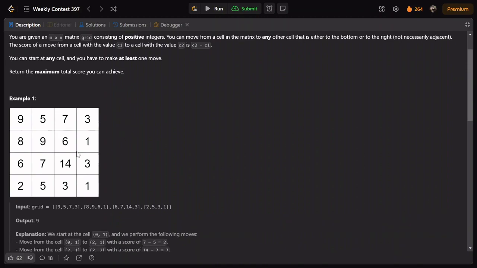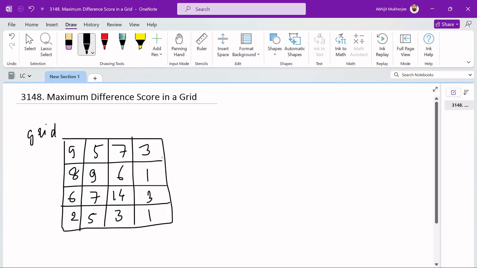Let's talk about the first sample case. Here, if we want to go from 9 to anywhere in the grid, let's say to 3, then the move will have a score of minus 6. And from 3, if you want to go anywhere to the bottom or to the right, we can go. So let's say we're going to 1. That will have a score of minus 2, giving me a score of minus 8, right? But if I want to go from 5 to 7,